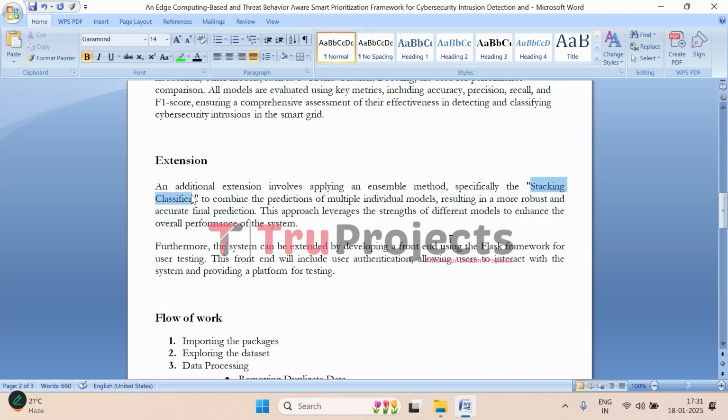To further improve the accuracy of the project, we are incorporating an ensemble method, that is the stacking classifier. This method works by combining the predictions from several different models to make a final decision. Think of it like getting advice from multiple experts instead of just one. So by doing this, we can harness the strengths of each model, making our system more accurate and reliable. It's like putting together a team of specialists where each one contributes in their own way to improve the final